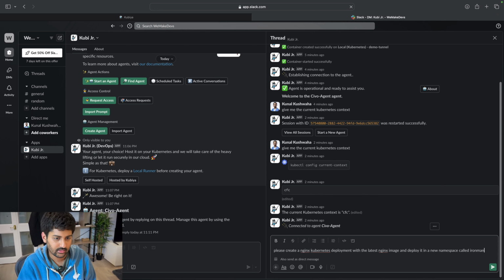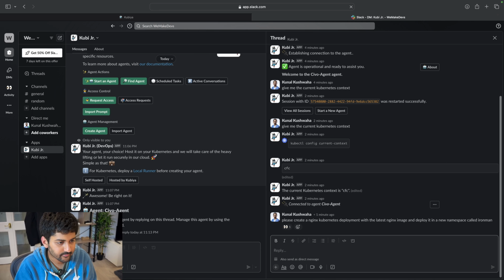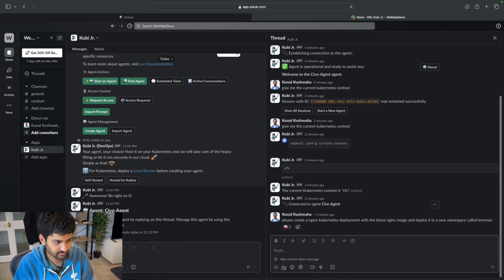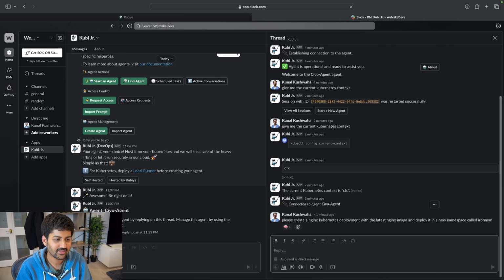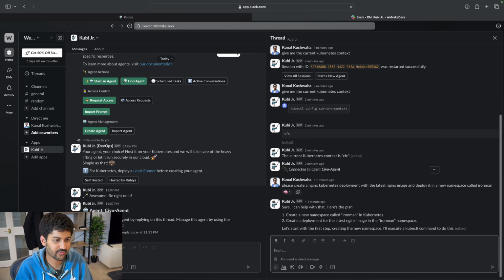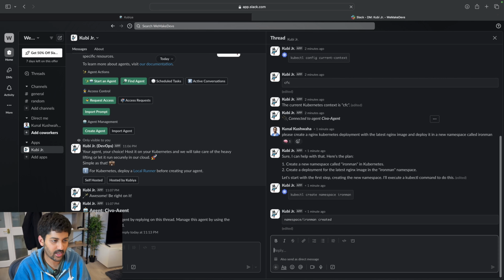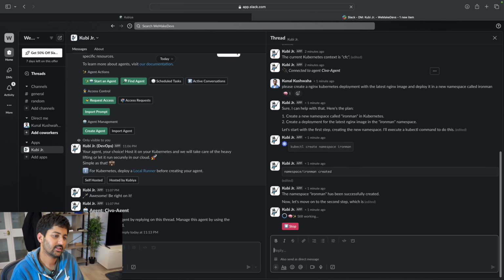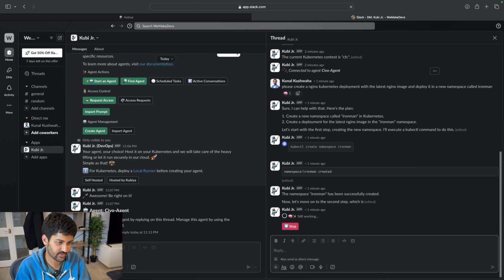Okay, let's do that. So it's going to take that information and it's going to create a new Kubernetes deployment for me. So it's giving you steps as well, the plan. First, it's going to create a namespace and then going to create a deployment with the latest Nginx image.